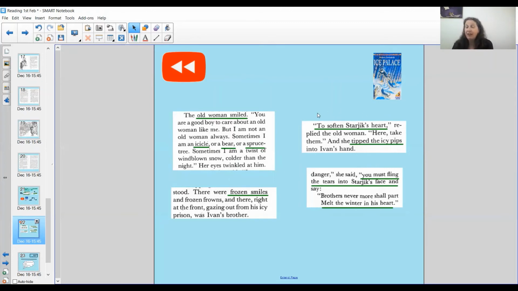And she gave him some ice, they're called icy pips, but they were his tears that she had collected by following him around, okay? And she says that you must fling the tears into Starjik's face and say, brothers nevermore shall part, melt the winter in his heart, okay? In order to help Ivan